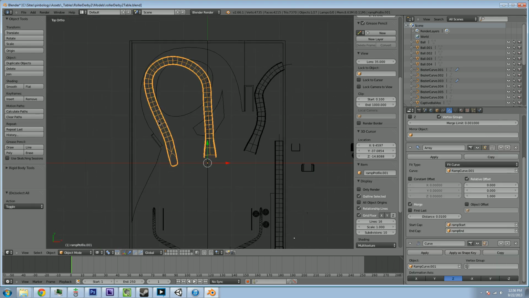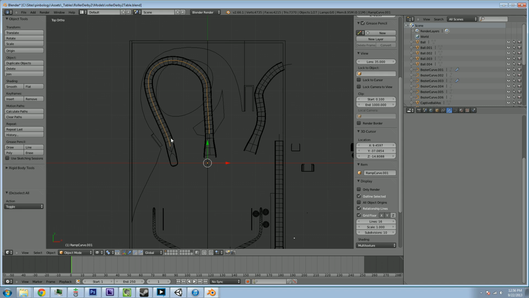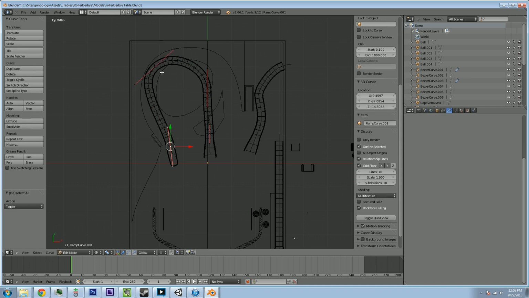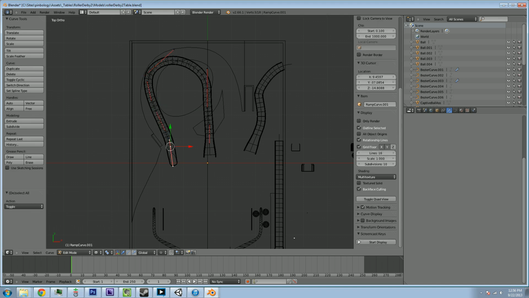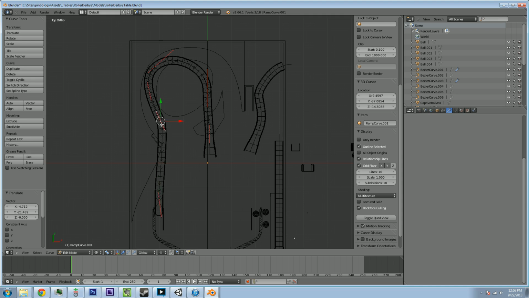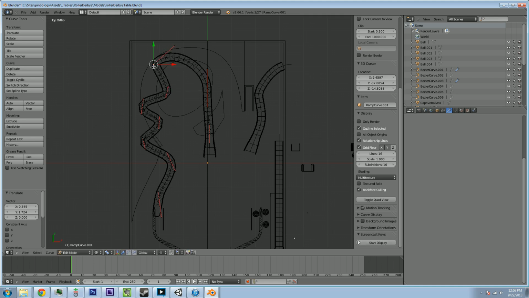Just because there's a gotcha if you try to do transparent stuff like I'm doing. So we're going to edit this curve. I'm going to take this and subdivide it a bunch of times. Then I'm going to take this, bring it down here. This is something you do quite often in pinball, actually, is that you have these sort of zigzaggy segments to basically slow down the ball a little as it goes down the... there we go,